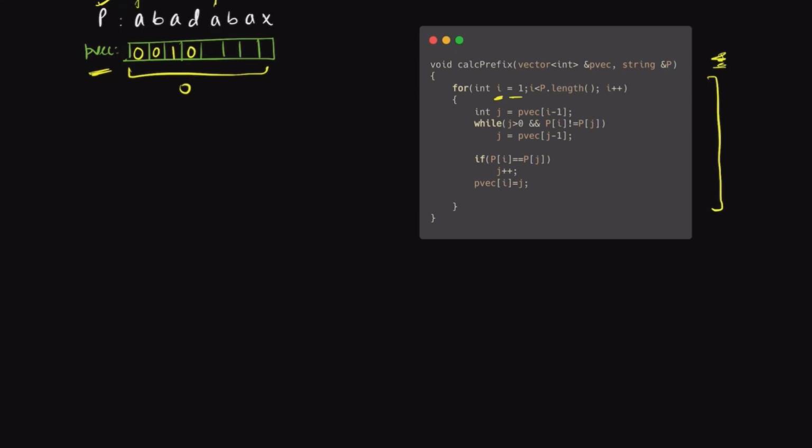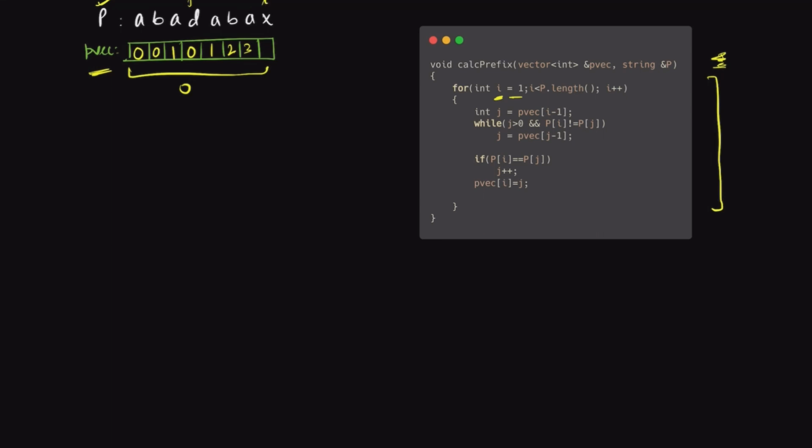Incrementing our i, it is a now, and it matches j's value. So incrementing j and also putting the value here, it is 1. Incrementing our i, again it matches, so we put the value to be 2, because the value of j after incrementation will be 2. We increment i to a again, and it again matches, so it will similarly be 3, and we increment j again and i again.